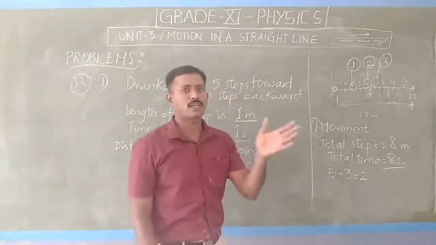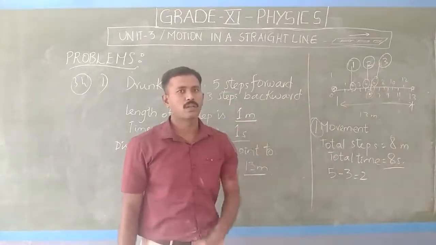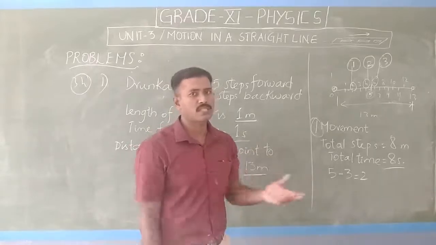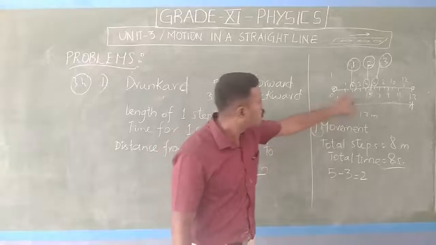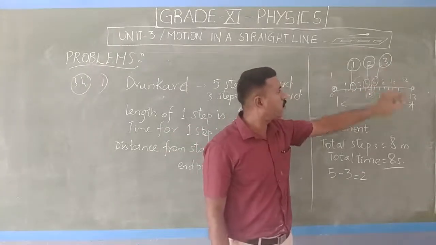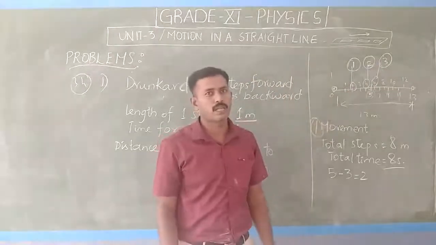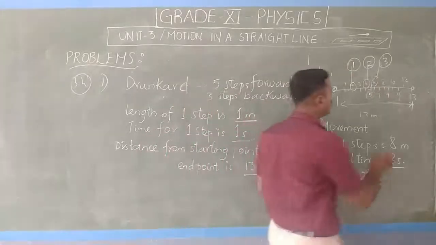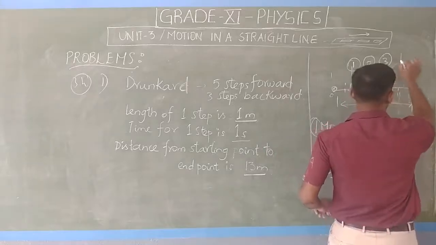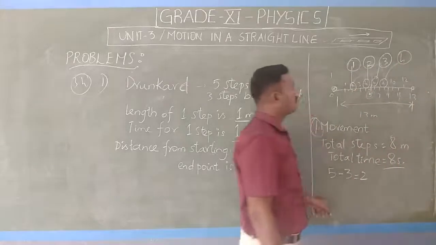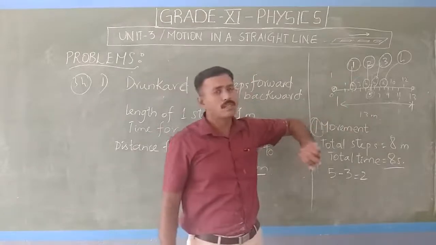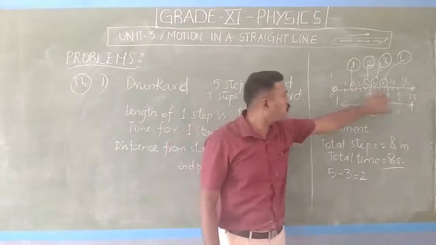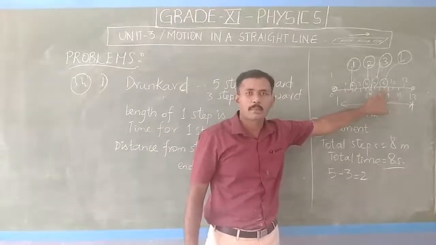You find the rate of increase is by twos, in even numbers. Obviously the next will be 2, 4, 6. During the fourth movement you will reach the point 8. Okay, this is the fourth movement. So for one movement you are displaced by 2 meters. Then for 4 movements you are displaced by 8 meters.